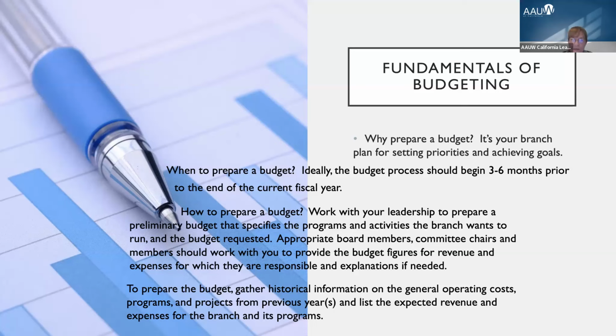You know you're going to have to pay for the PO box that you use or a Zoom license. You see the regular recurring. If you plan events, you know there's going to be some cost involved in that. But it's not just you doing it. You would be contacting board members, committee chairs, anybody who's involved in an activity that needs dollars assigned.